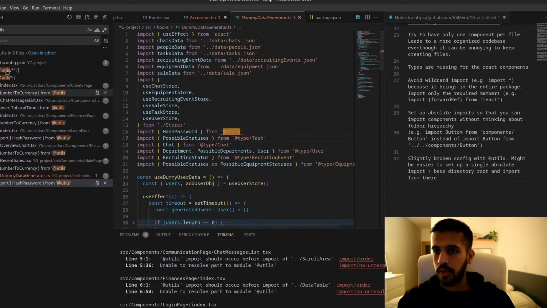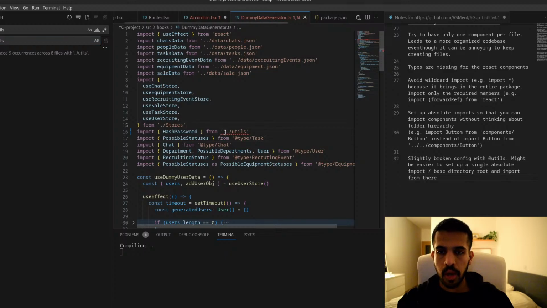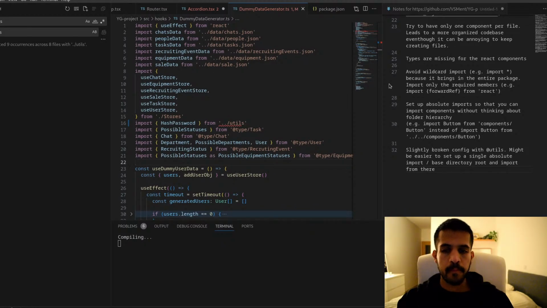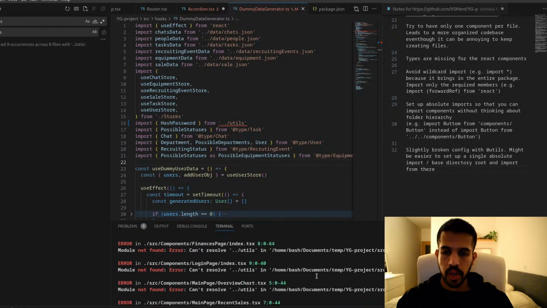I believe if I just go and replace all of these .utils with something like this, for the most part, that should suffice. It might break some of the paths. Yeah, that's still not correct.